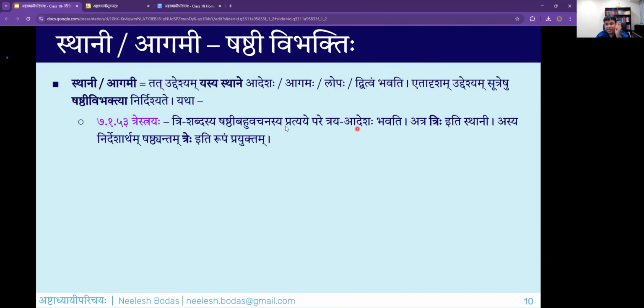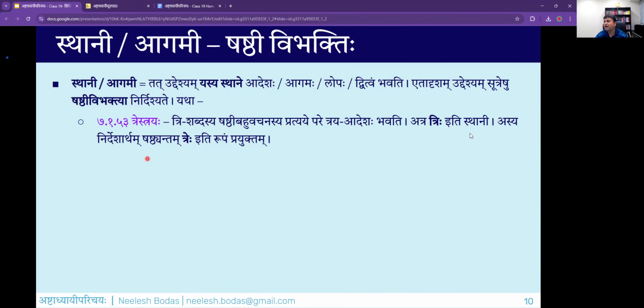So who is the sthani? Three is the sthani. What is it? Shashti ekavachanam? Like munihi becomes munehe, trihi will become trehe. So trehe iti shashtyantam prayuktam. Now you might ask, trehe is panchami also, because munehe is panchami also. So again, all these doubts: vyakhyanato vishesha pratipattir na hi sandehad lakshanam. So look at the commentaries and use these techniques so that you will understand what is written in the commentaries and what is the logic behind all those things.